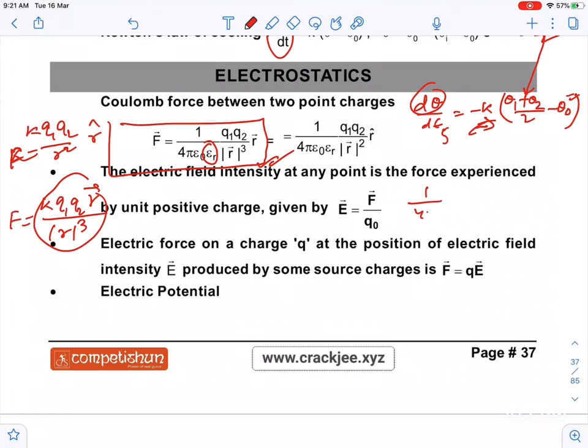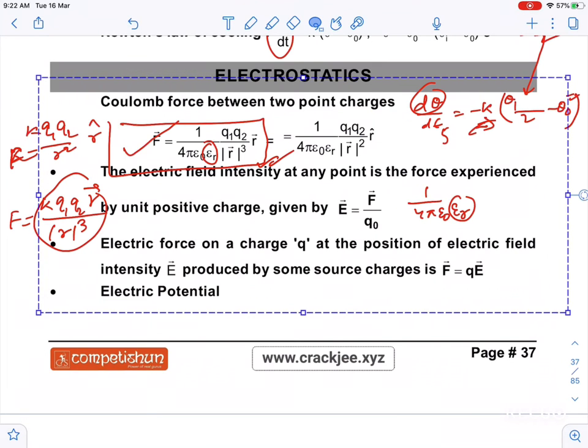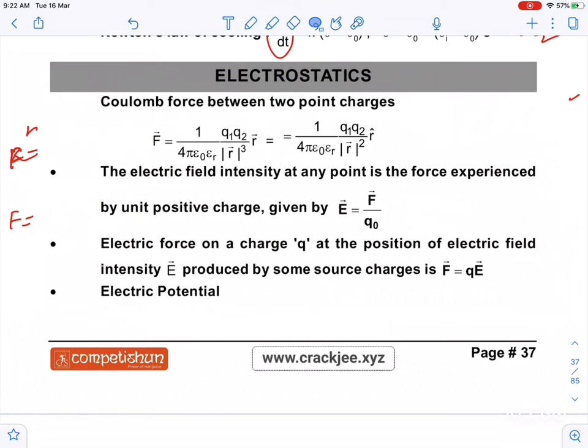You know that, guys, this force depends upon the medium, that is why we have 1 by 4 pi epsilon naught for vacuum and epsilon r for a medium, but gravitational force does not depend upon the medium. So if you are taking two charges into water, the force will be different, but if you take two masses into water, the gravitational force will remain unaltered. This is the question which is asked, guys. So electrostatic force may change when you change the medium, but gravitational force will not change.